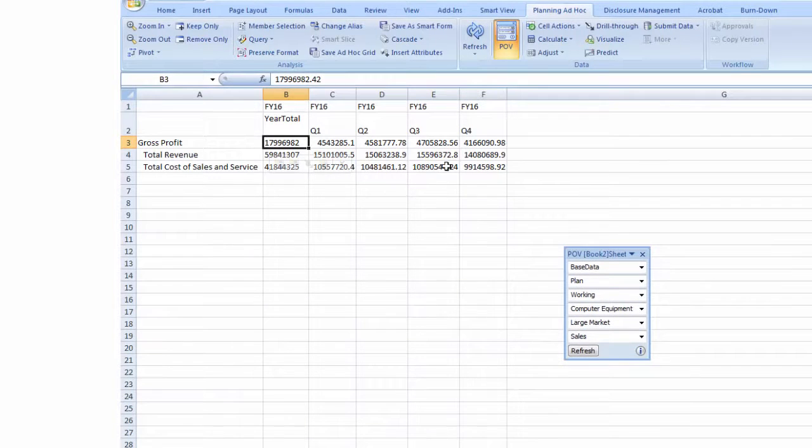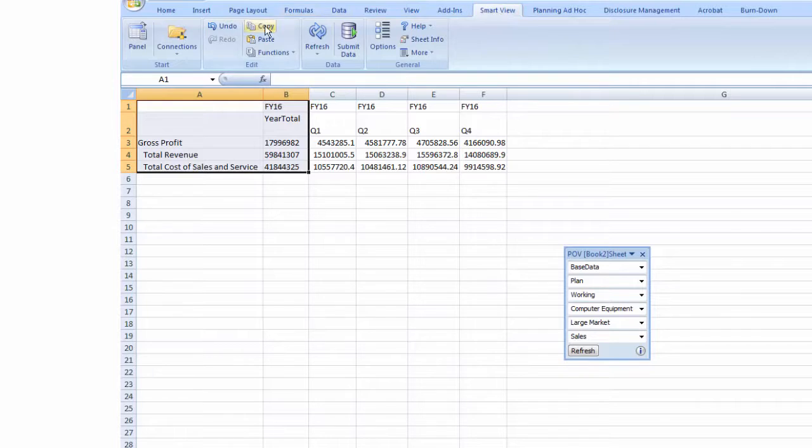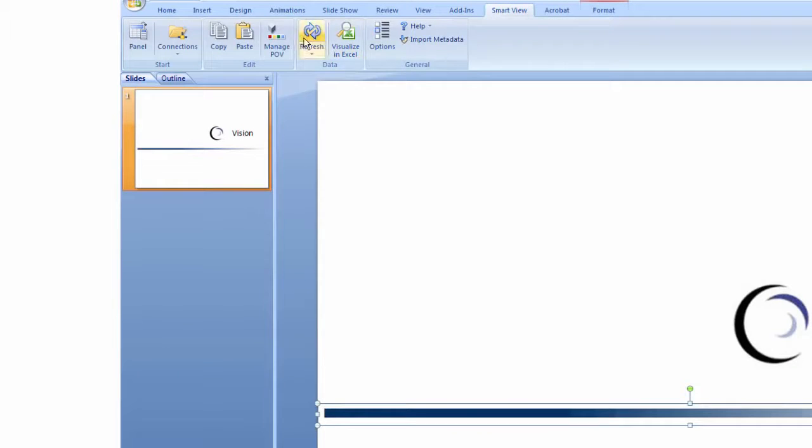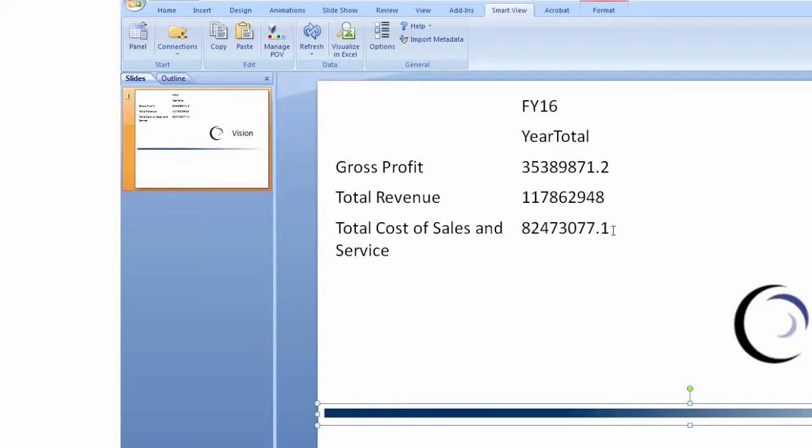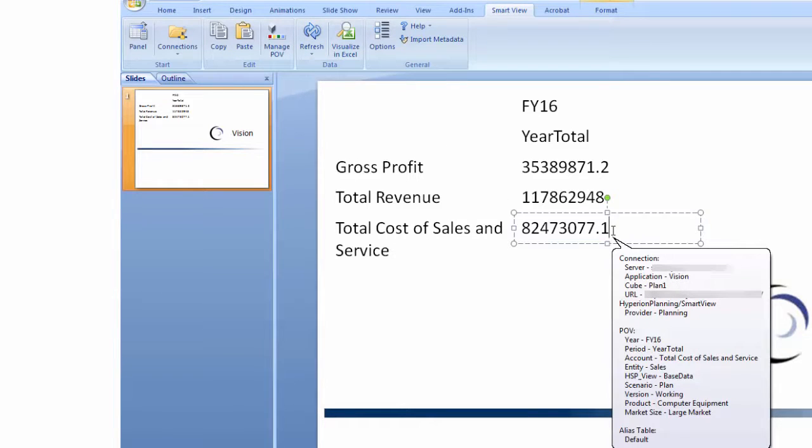In Smart View, you can copy data from Excel and paste it into Word, PowerPoint, or another Excel spreadsheet. The data is synchronized between Office applications, creating dynamic data points that allow you to analyze the data from within